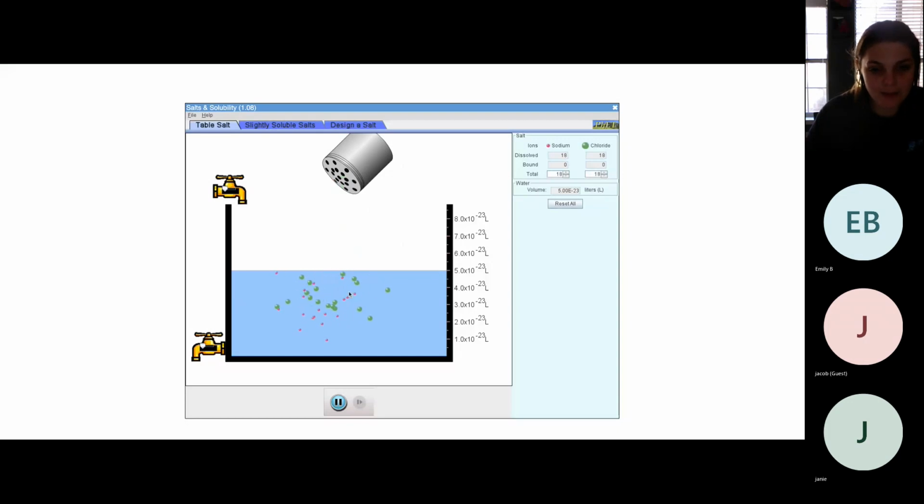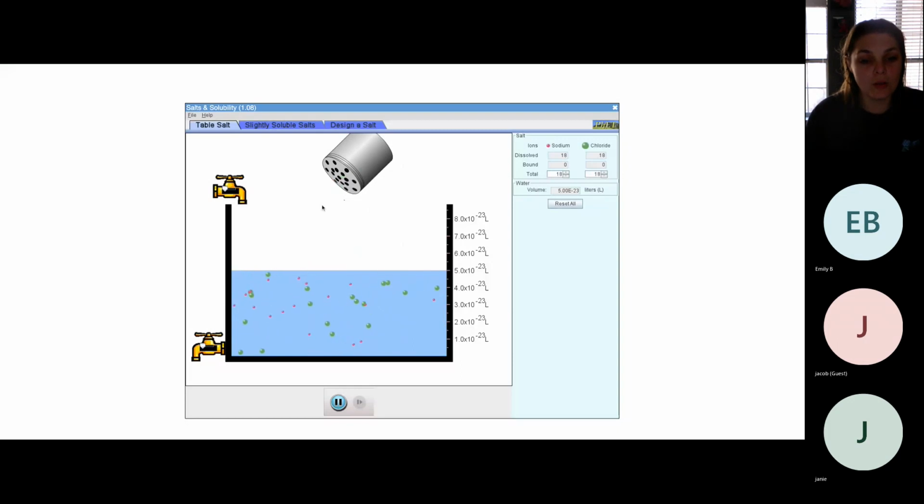And what happened to the solid when we put it in here? Hopefully you see that it looks different when it's in this solution, when it interacts with this liquid, than when it came out of the shaker. When it came out of the shaker, it was all lumped together. All of the little green dots were touching the little red dots and they were in this lump. But when they hit the water, something happened that allowed them to break apart and now they're flowing about freely, right? This is what happens when an ionic substance, or our general word for that, salt,